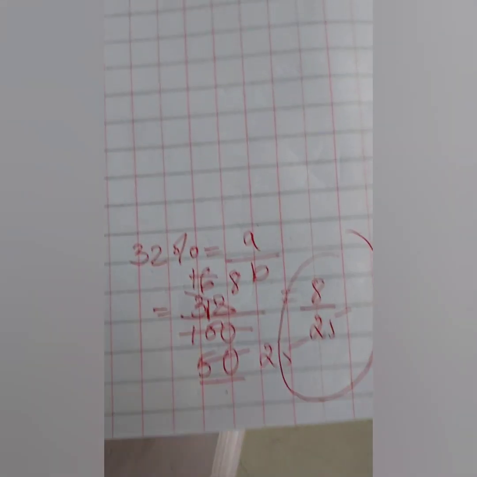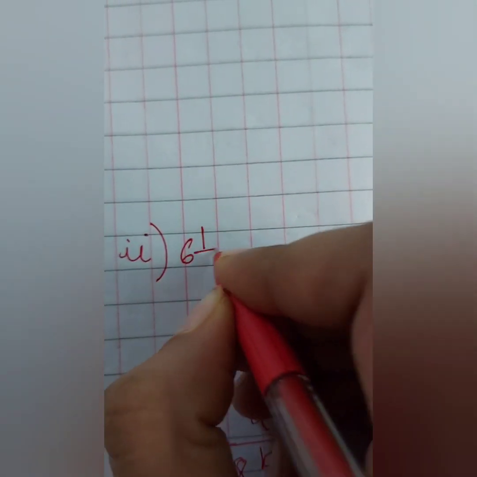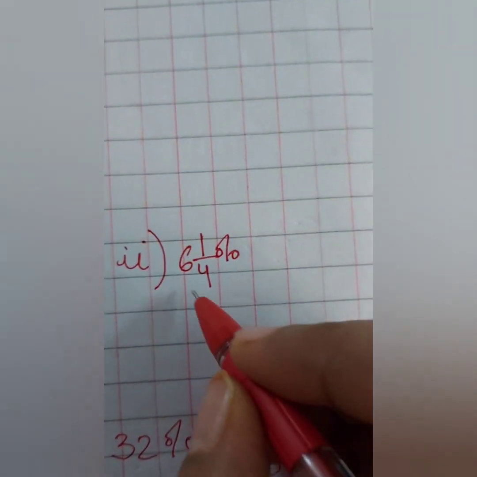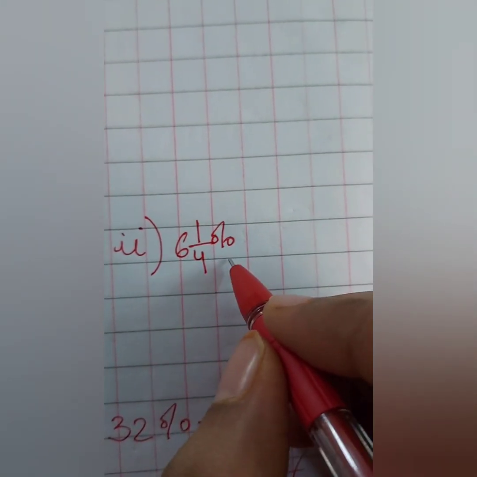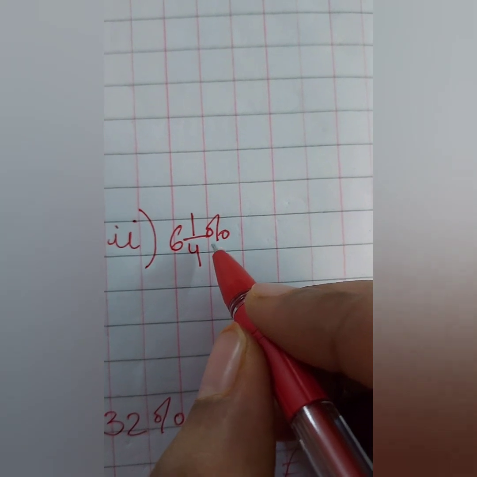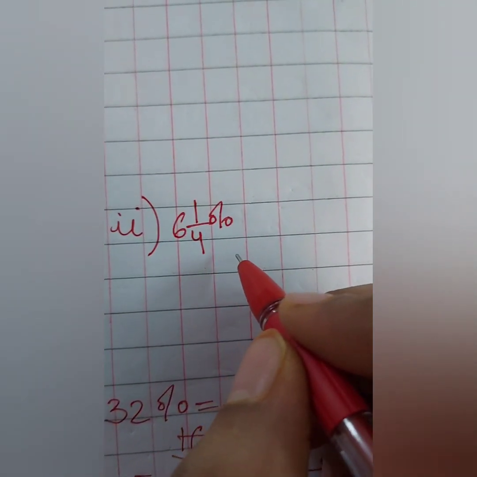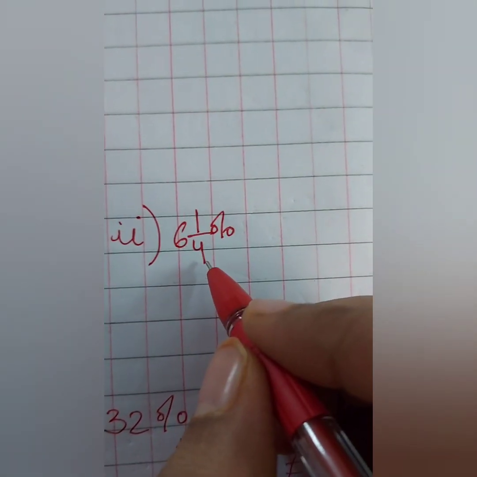If not, then simply write the answer in fraction format. Now the next part, I'll take mainly this question. Sometimes this question confuses the students a lot, where you have to change a mixed fraction percentage into a fraction. Okay, now how will you do this? Because removal of the percent sign will put 100 in the denominator. Let's see how we will calculate it.